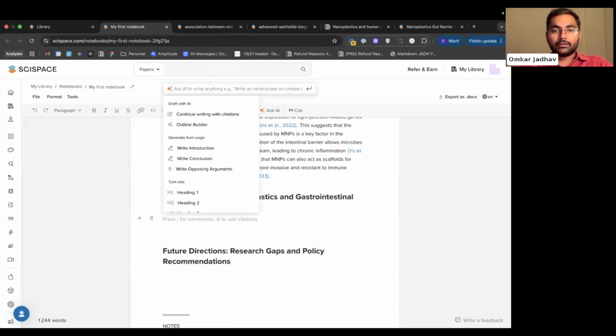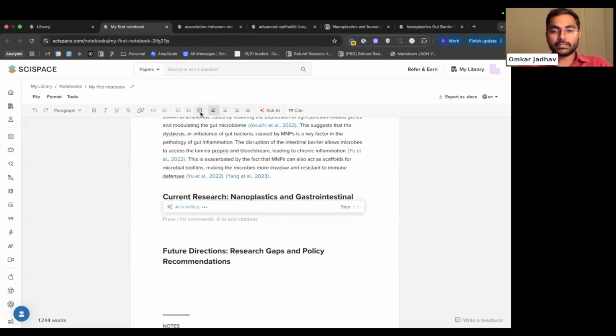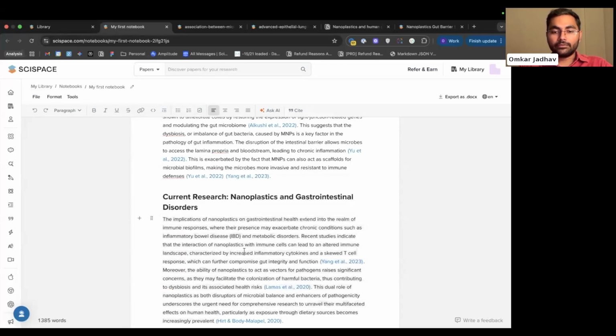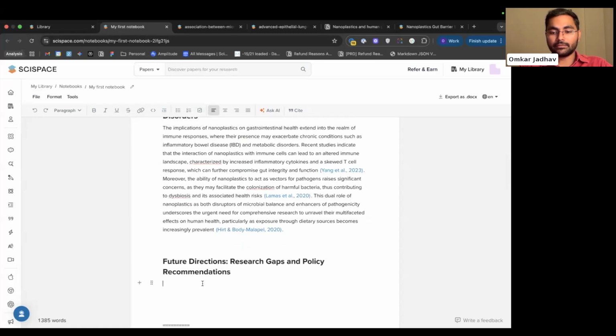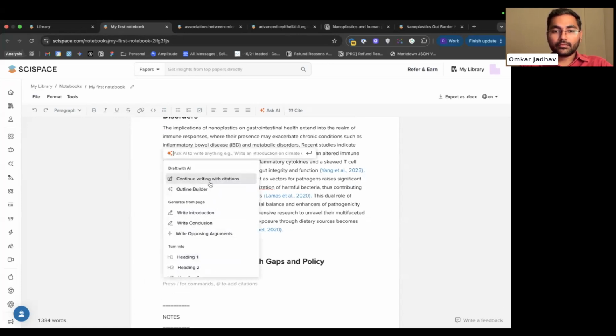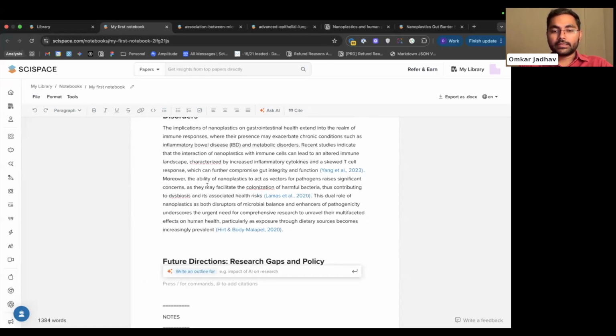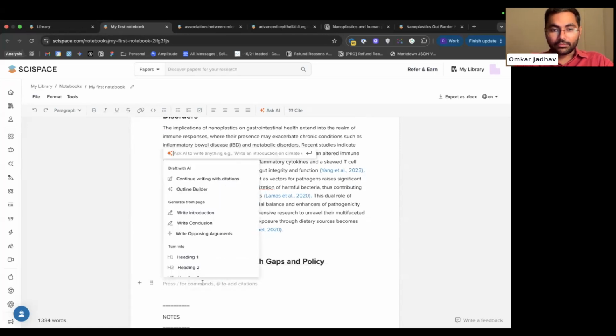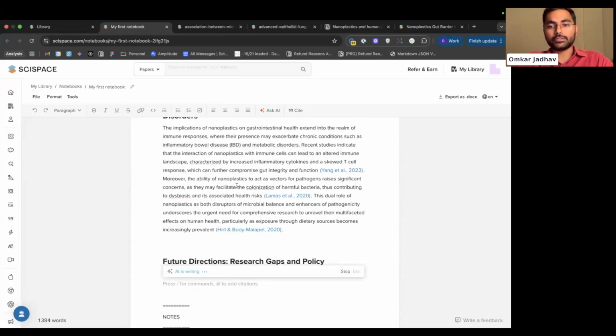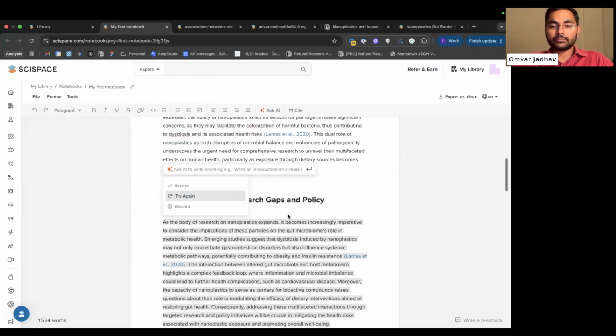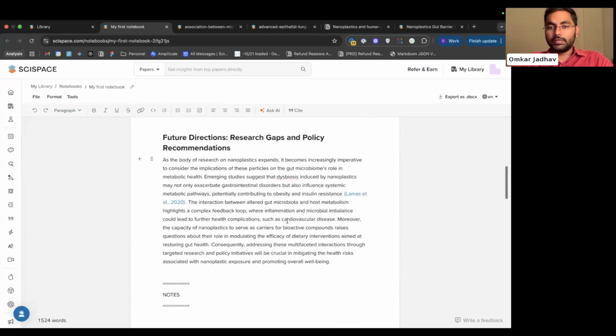Then let's build this section as well. Okay, we have this as well. And then we have future directions. I chose outline builder. Well, choose continue writing with citations. Okay, then